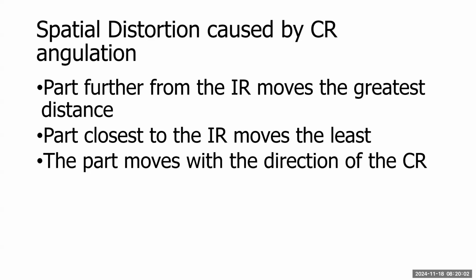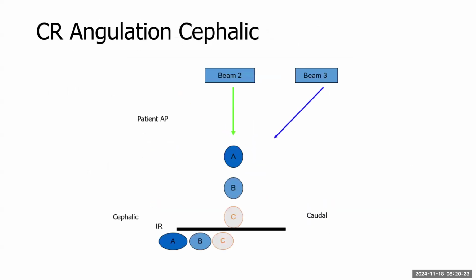You've done your calcaneus and you've done tunnel knee where you've got those hard angles. So we know that the part moves in the direction of the angle. That's what the bottom part is saying. The first line, the part further from the IR is going to move the most. The part that's closest to the IR is going to move the least. So in this picture here,